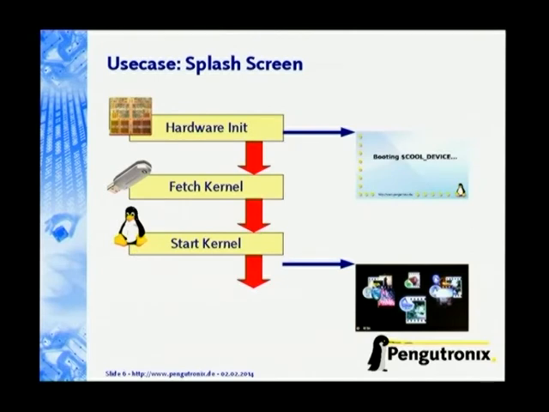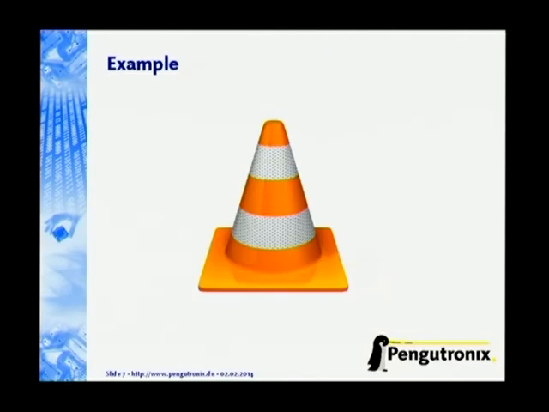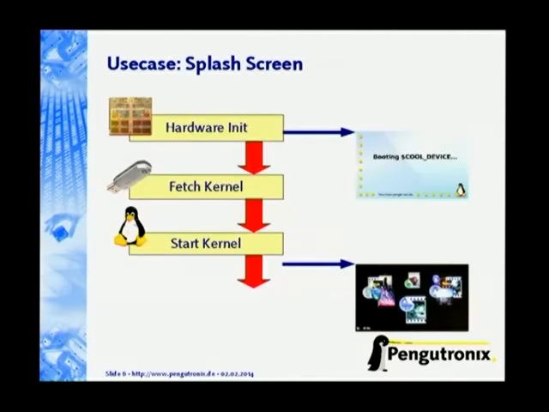On an embedded device, you quite often have the use case that you need to present a nice splash screen, like here, somewhere in the hardware initialization when you're up and running and have the graphics running. Then you need to show a splash screen here, and you fetch the kernel in the background, and you don't want to have it flickering or blinking or anything like that. And when everything is finished here, then you just call into the application, and the application starts and takes over. So that you just switch on, have the splash screen, and then it moves on to the application.